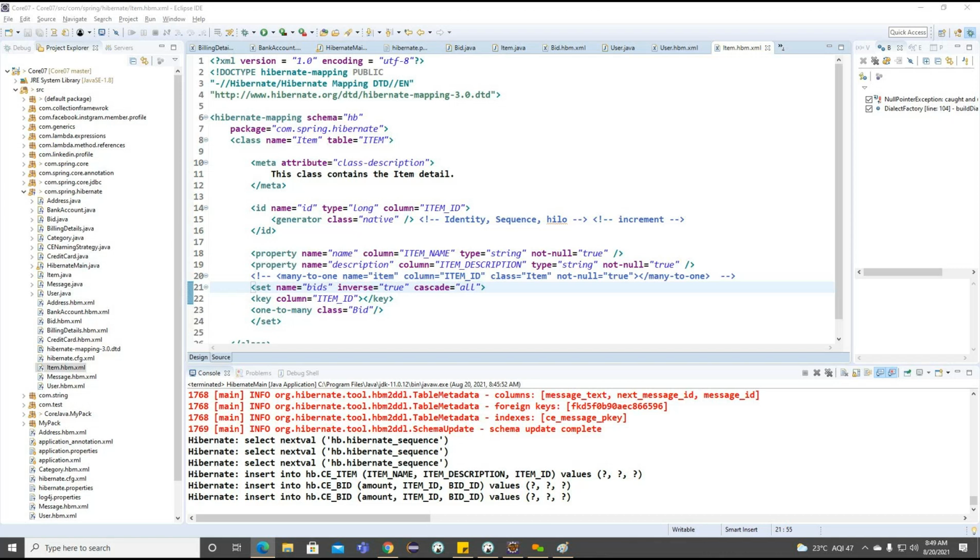We'll continue tomorrow with the life cycle here: how exactly the objects are going to associate with the database, and what life cycle states we have. We have transient, persistent, and detached. These three are the main life cycle states, and in tomorrow's session we are going to discuss how each of them works.